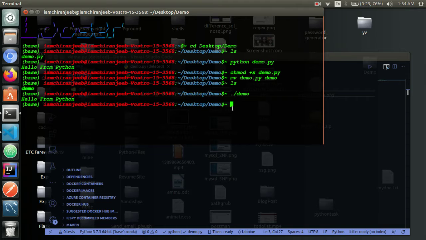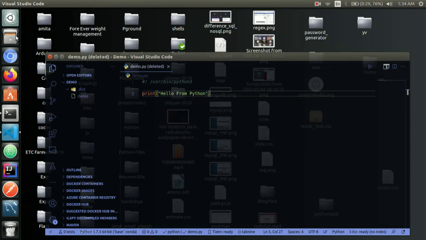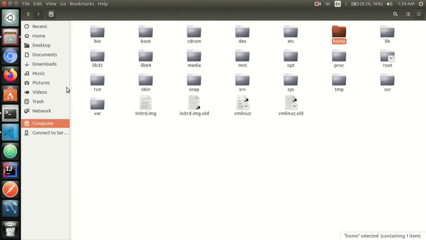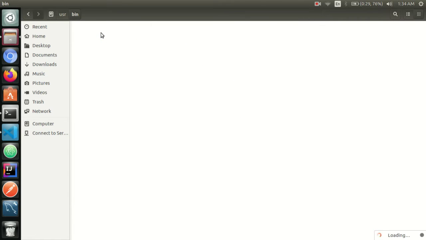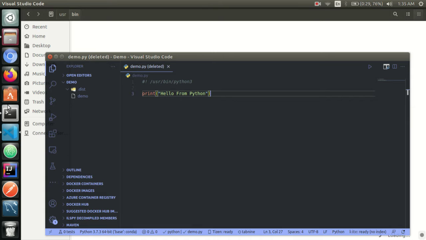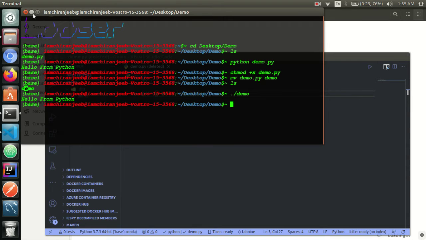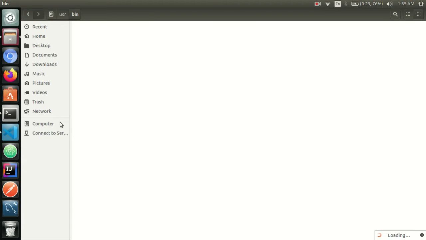So now the next step is I will move or copy this demo script to /usr/bin. I will move this demo script to the /usr/bin folder.